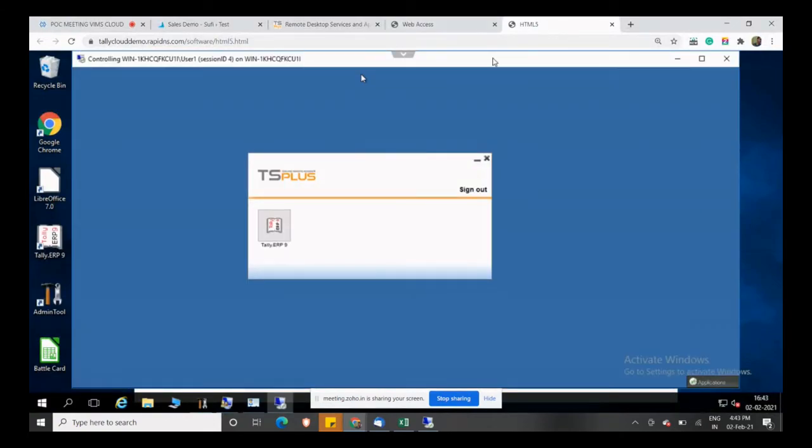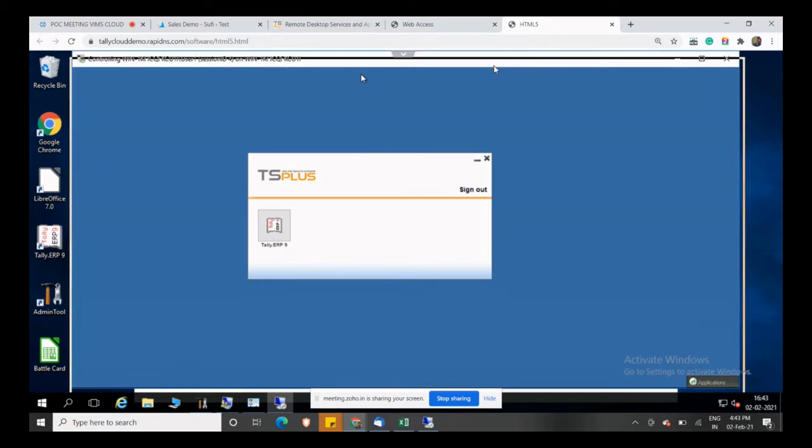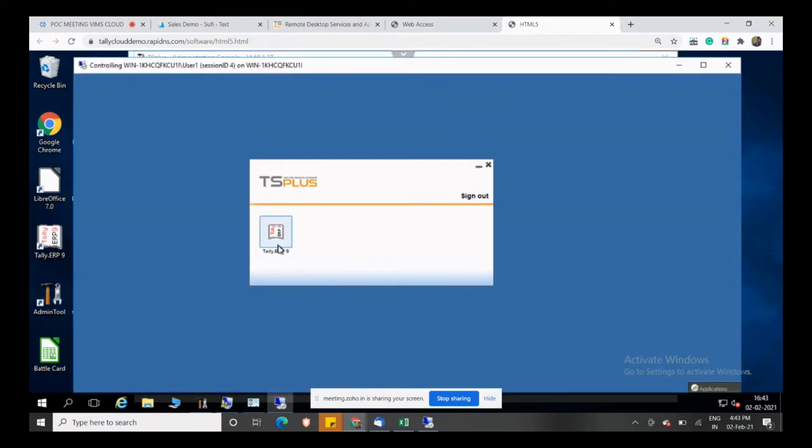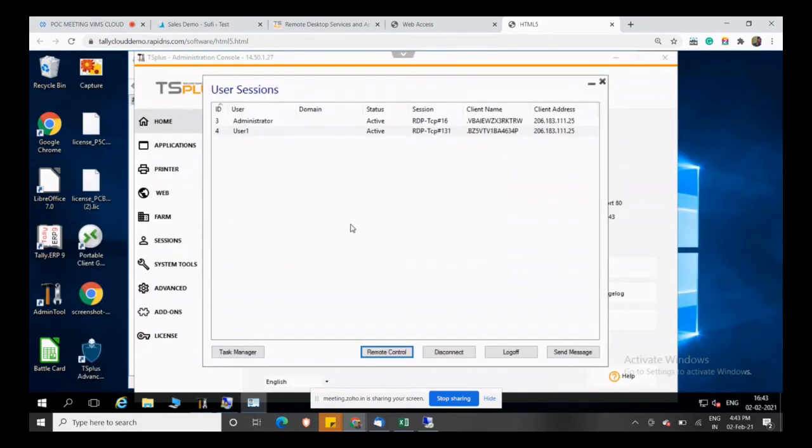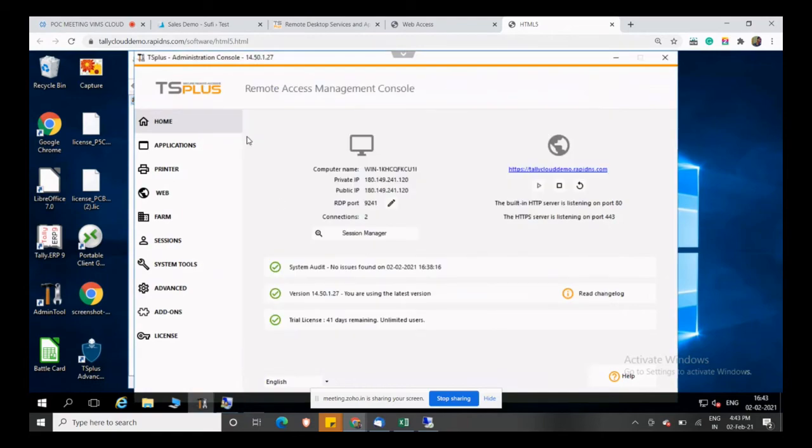See, the administrator can also assist via taking this option. They can assist their users. You can see user number one, session ID, and they can assist. They can also sign out. And the task manager option is also there, wherein you can see utilization based on the user and the entire server performance.